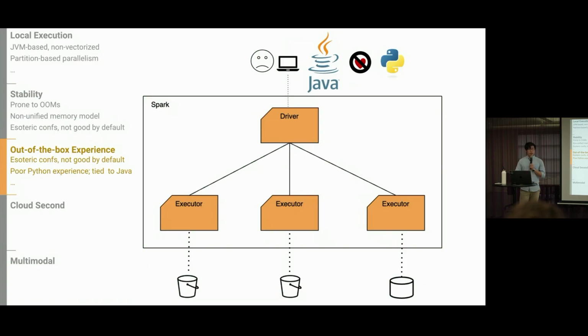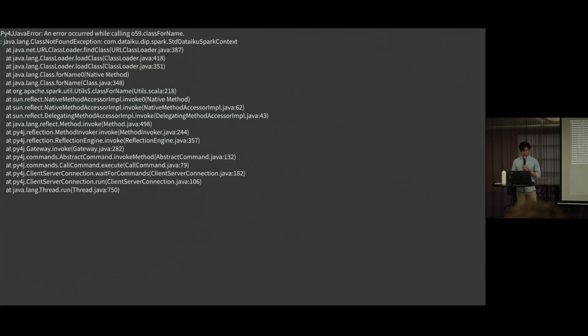Beyond that as well, sometimes you're using Spark and you get an error. By using PySpark, you get this strange Java error, you don't know what it refers to. This is the user experience of using Python with Spark. And yeah, sometimes you get strange issues because you didn't set it up properly.